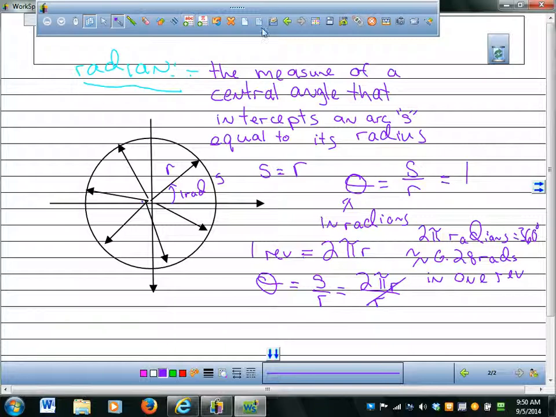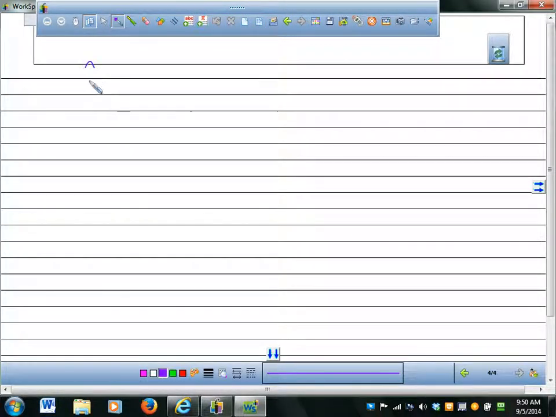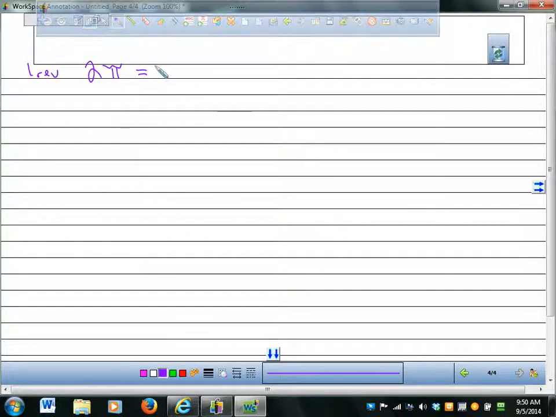So how do you use this? This is kind of useful now. I would set up a little table. 2 pi is 1 revolution. How many degrees is that? 360 degrees. Okay. Half of a revolution would be how many pi's? If 2 pi's is a revolution, it'd be just pi, right? So how many degrees is that? 180 degrees.